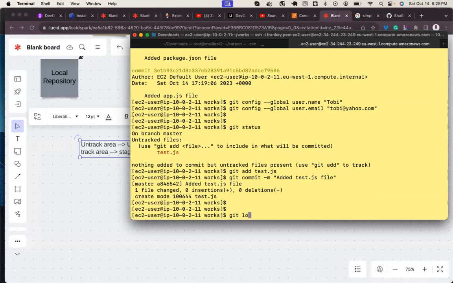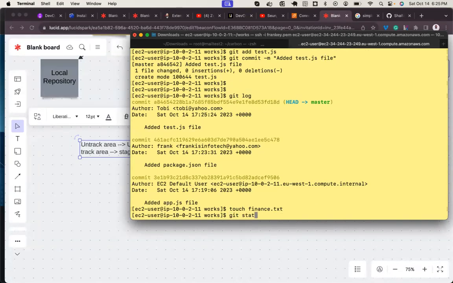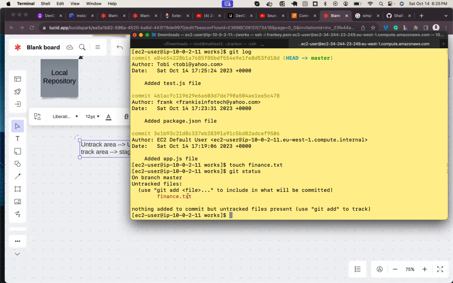Now, if I check git log, my git log is going to show Toby. Toby is the guy that did that commit. Currently, it is Toby that is active. If I create another file, touch finance.txt, check the status. It's untracked.